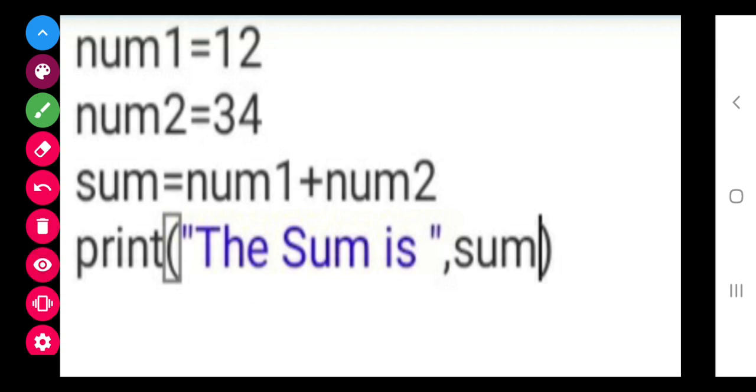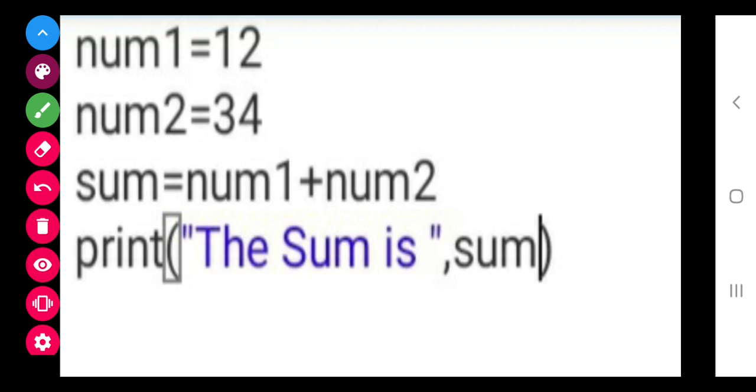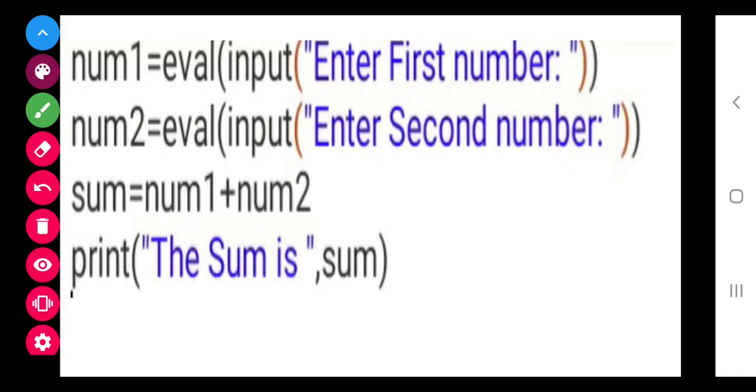In my previous video, if you see, I have told you how to run your program. There will be a Run button. You have to click that, then there will be the option Run Module. This is a module, meaning a short program, we call it a module. This short program is a module. Now after that the output will be this. Now the same program I have done with the input method.